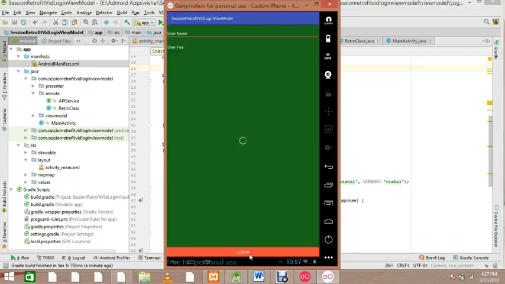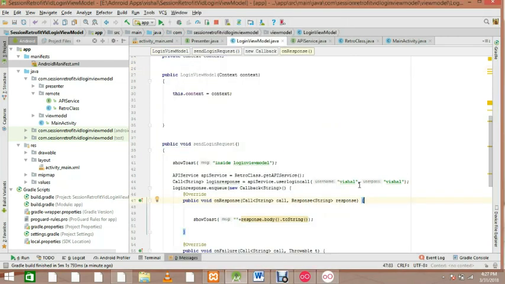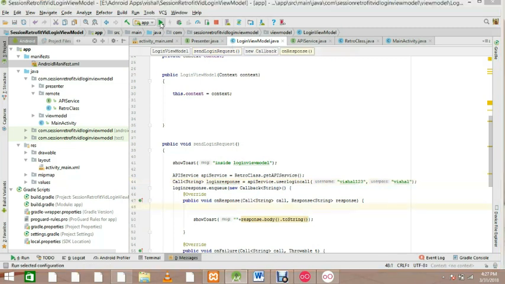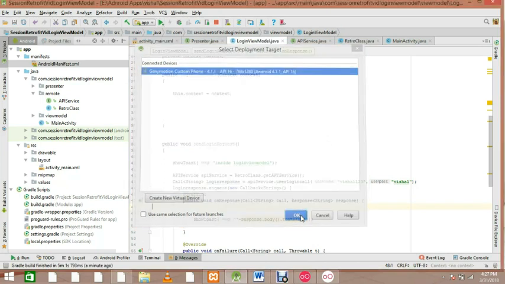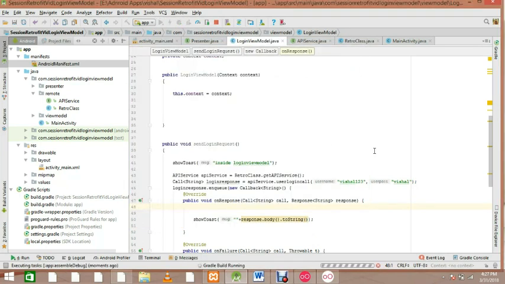Here we already have a static value. This is the login activity inside the login view model, and yes, that is the login because we have the name Vishal. But if you use some other name, because there is authentication, I put the username and password as Vishal. If I use something else, it shows me the error from the server side. Okay, so while it's running,